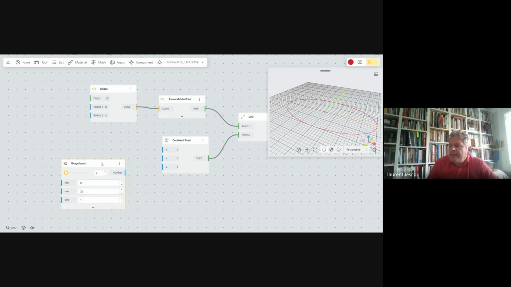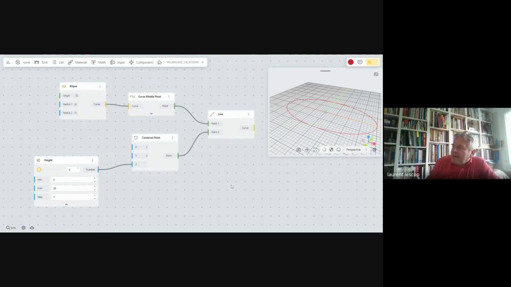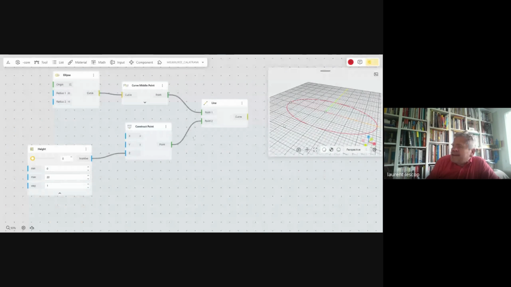And as Learning was saying, there is a possibility, which is very interesting in BeeGraphy, to change the name here. So instead of leaving range input, I double click, and I will say this is my height. What you've got to keep in mind is that you've got this interface, a kind of public interface of your definition, and this is here.